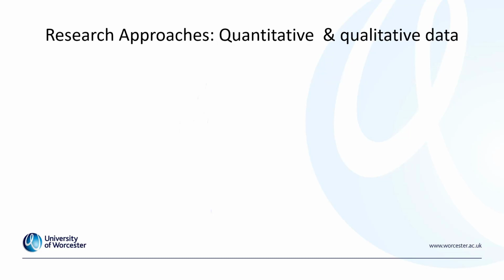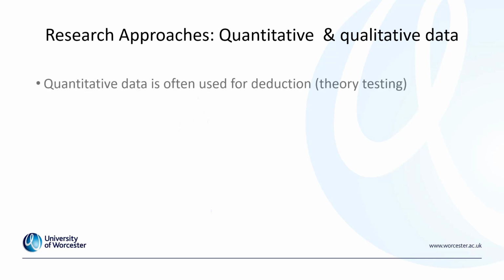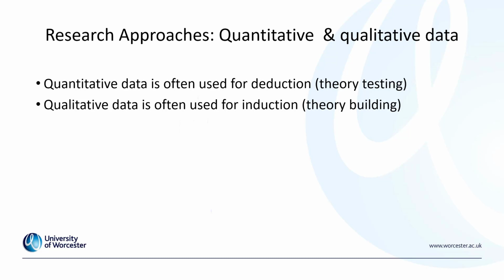So when we're looking at research approaches and the type of data commonly used, quantitative data is often used for deduction because it is objective and it can support generalizability. Whereas qualitative data is often used for induction and theory building because we're looking for these complex interrelationships and multiple truths. And to do this, we need this more in-depth information to understand the different voices and the different answers